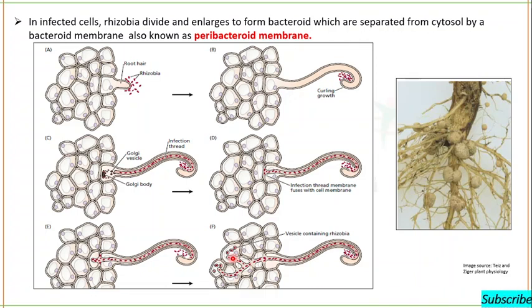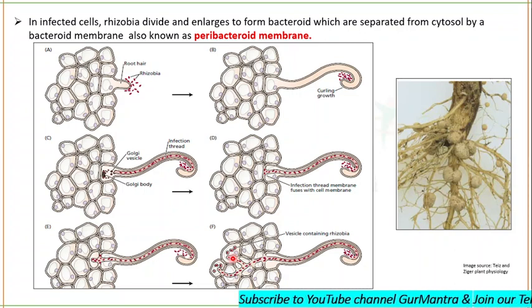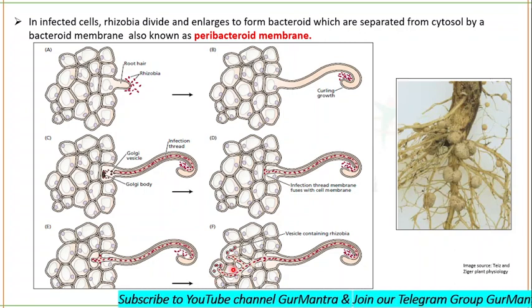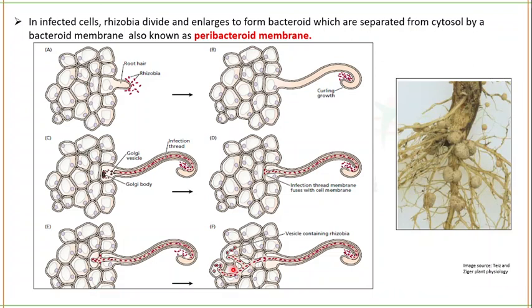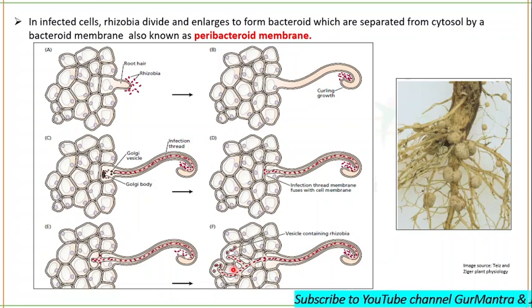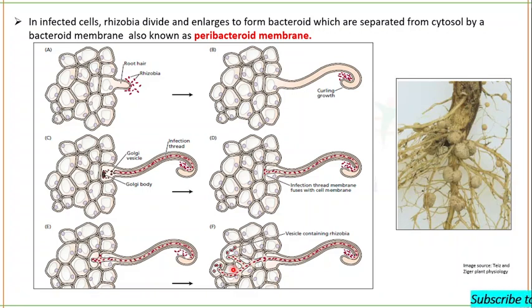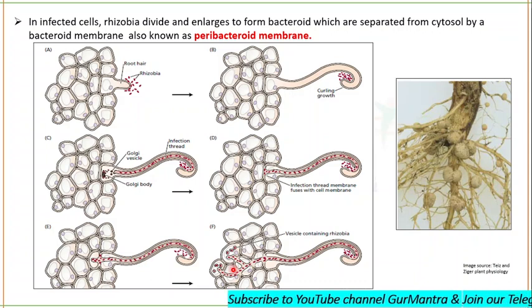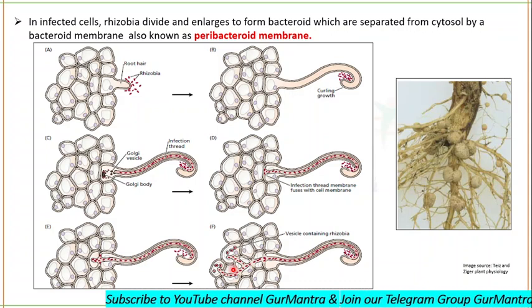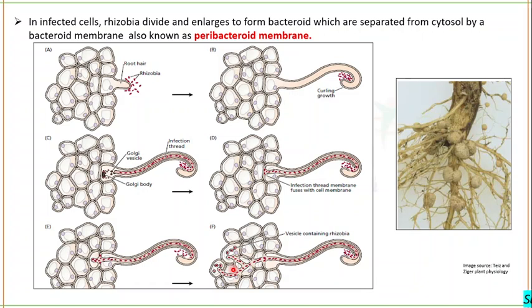Bacteroids contain nitrogenase, which is responsible for the fixing of nitrogen, and no oxygen is required. That's why there will be leghemoglobin produced. By what? The leghemoglobin will be produced with the globin part made by the cytoplasm of the host plant cell, and the heme part will be formed by what? Bacteria. And this leghemoglobin is present in the cytoplasm of host plant nodule cells,